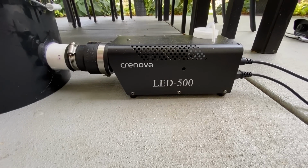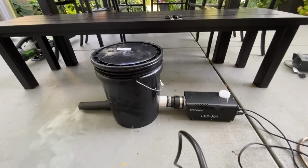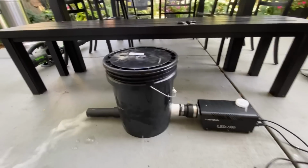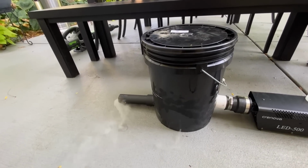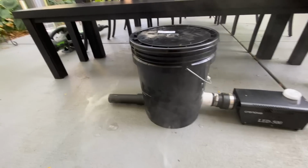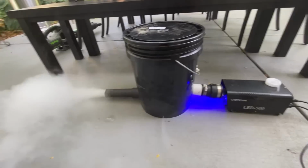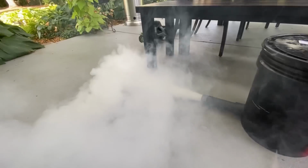Actually, it's a 500-watt. All right, so I just tried it out real quick, and pretty good effect. You'll see the aftermath of a burst is actually some of your best effect, as it's still passing through the cold ice at a slower rate. But let's go ahead and see what we got here. It is a little bit windy, so